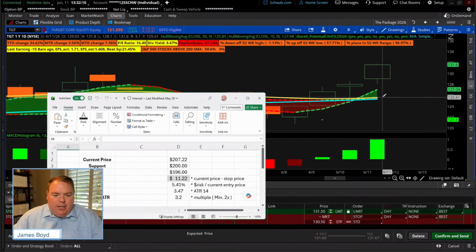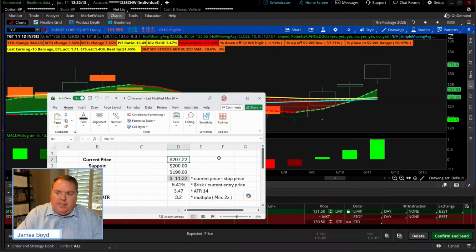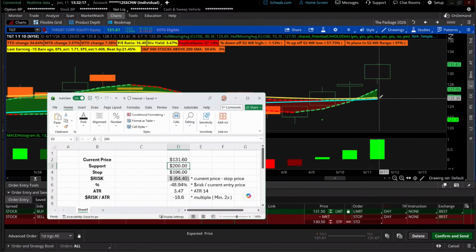Now, let's use our little sheet of paper here. What's the current price? 131.60. Okay. What's the support level? Well, that support level is right around 125.40 or so. Okay. Well, where do you see the stop is? Well, if we did stop, we're just taking the support less 2%. Support less 2%. I just do it.